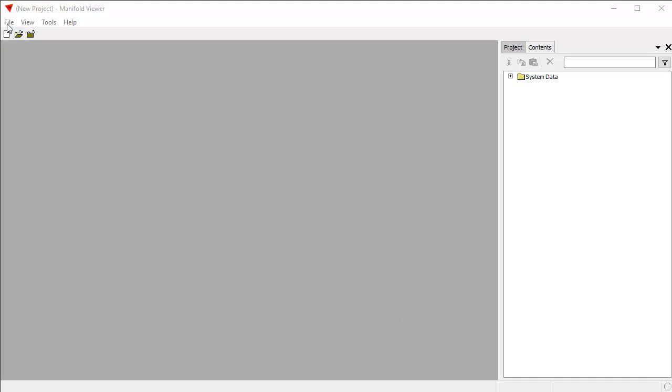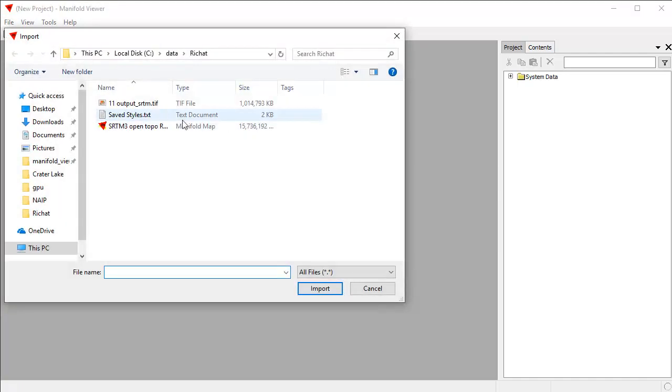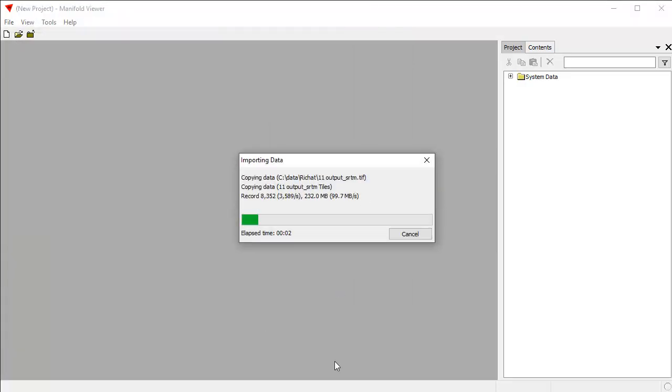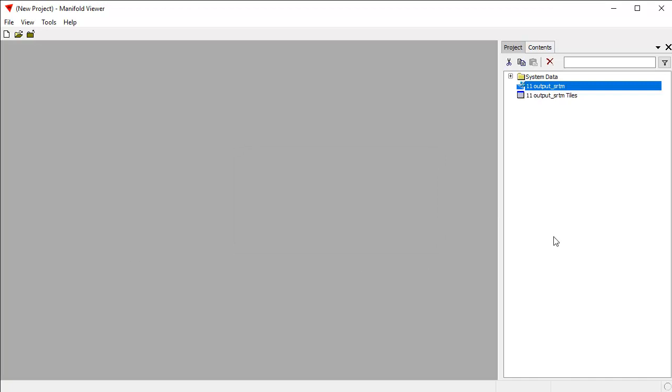I'm going to get an import started while we're talking so I don't take too much time. We're going to import this 1 gigabyte TIFF file. I'm going to click File, Import, and then click TIFF. And Manifold's going to go ahead and import it. It knows that it's a TIFF because it's looking at the extension, and it's also looking inside the file to know what kind of TIFF it is. And there it's done. That's about how long it takes to import a 1 gigabyte TIFF in Manifold or Manifold